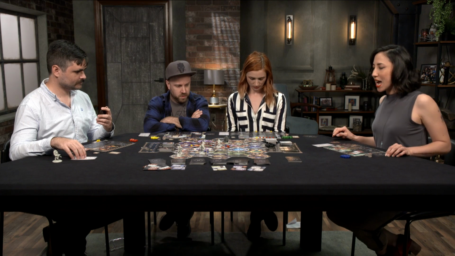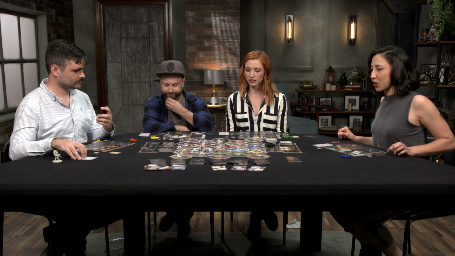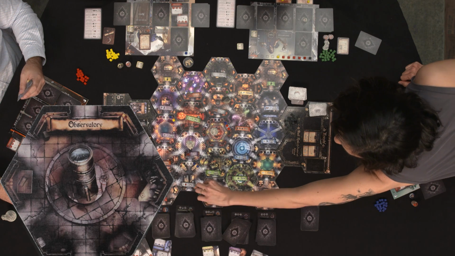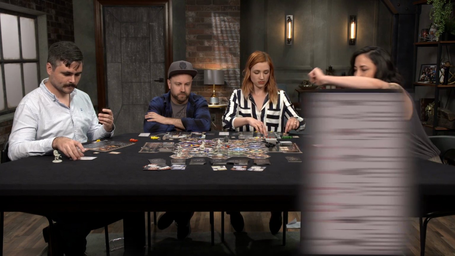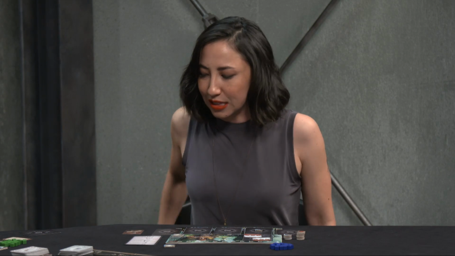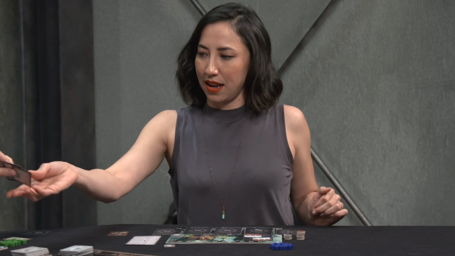I think I am going to use this and move. Action token, but I only want to go 1 space to the observatory. Get up, girl. And activate it. And that means I get to draw 3 quests from the active moon and swap one of them with one of mine. Can you pass me 3 of those, please? All right. And then I get to...